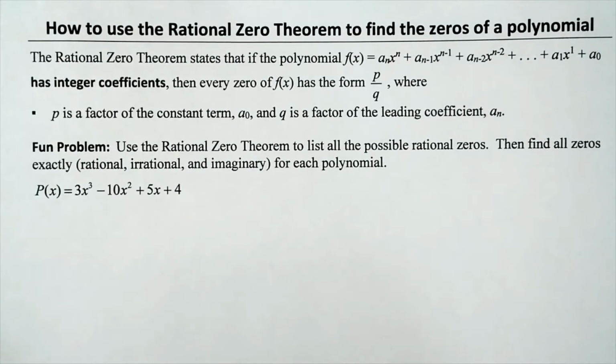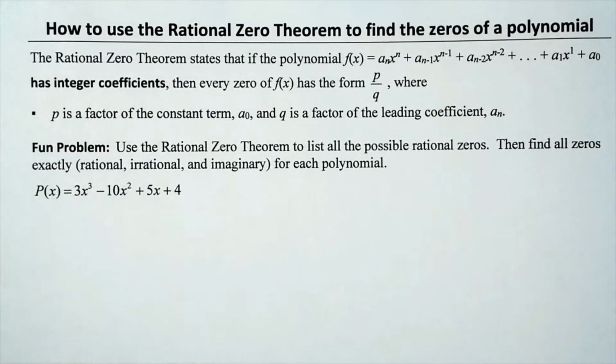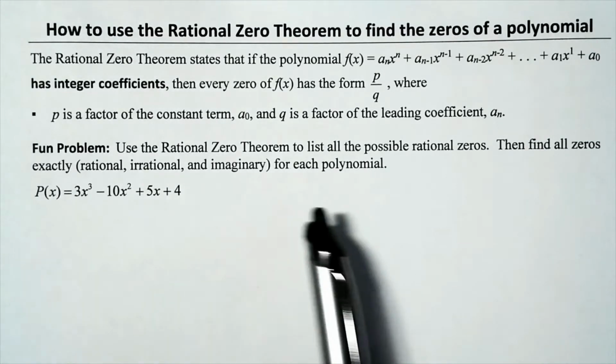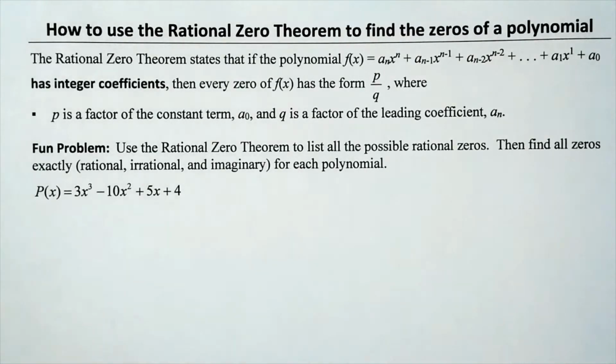Hi guys. In the earlier unit, we had found zeros of a polynomial, but the difference is that we were given a zero to begin with, and we had to use that information to find the remaining zeros. Today we are just going to start from scratch. We're going to be given the polynomial, but we're not given a zero to begin with, so that is the difference. So the directions read, use the rational zero theorem to list all the possible rational zeros, then find